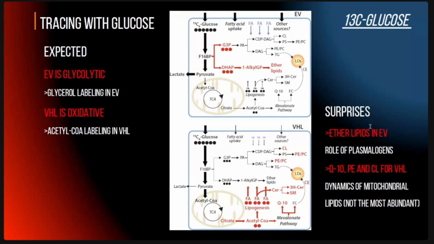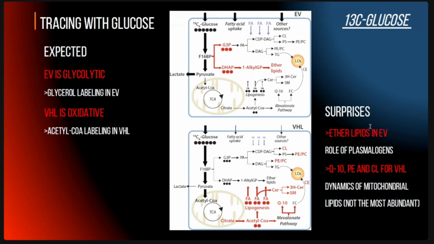Okay, so here is what we think of as a hypothetical model where you have, in the glycolytic cell, a bunch of carbons from glucose going in this direction, to glycerol 3-phosphate, and also this other molecule that is used for the synthesis of ether lipids, and that's why ether lipids are more enriched in the glycolytic cell. And that was more or less expected, right? That the glucose will be used here, because the majority of the glucose will go out of the cell as lactate in the glycolytic.